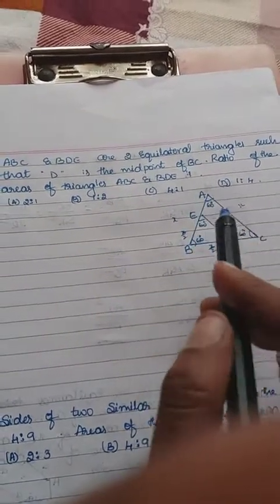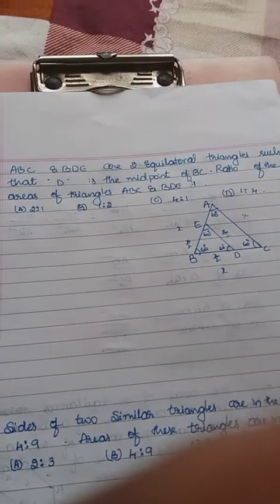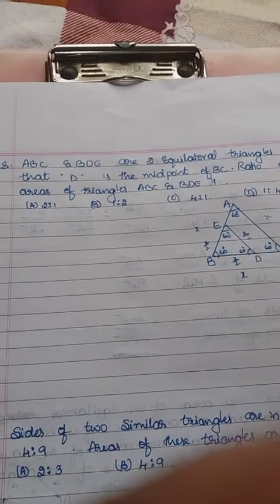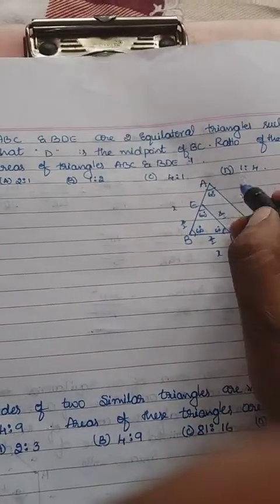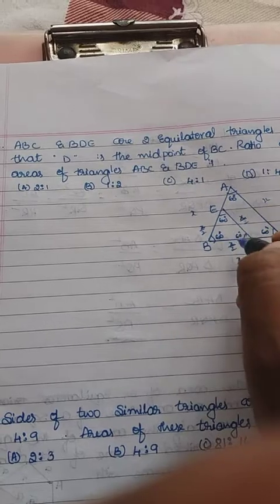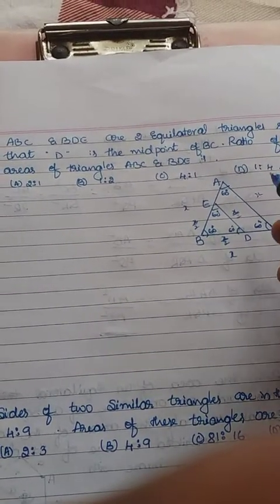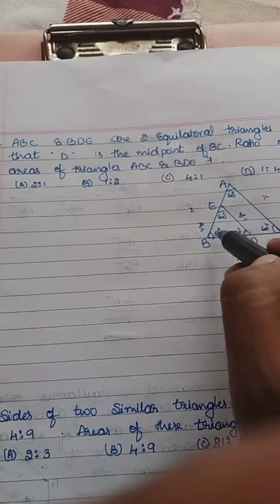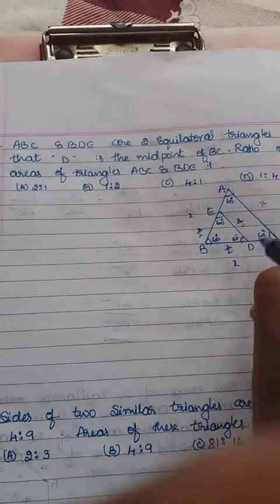Equilateral means all the sides are equal as well as all the angles. That is one of the properties of the equilateral triangle. Keep in mind all the sides are equal as well as the angles. The angles sum to 180 degrees, and 180 divided by 3 gives 60. So BDE is also equilateral, like ABC. All the angles of ABC as well as BDE are 60, and the sides I have taken as X.